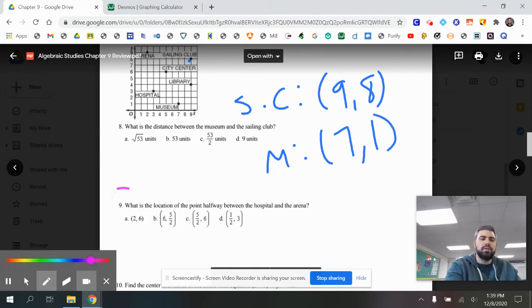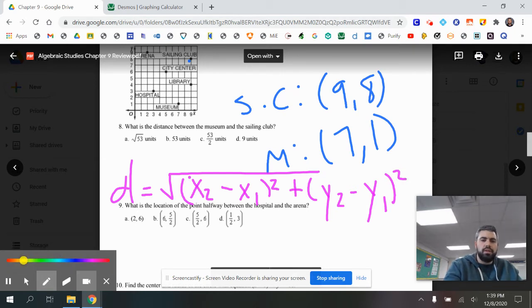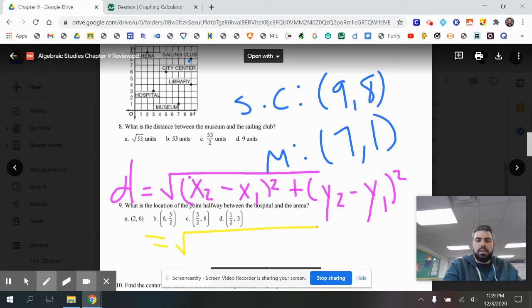Again, how do you find distances? Well, that's the distance formula. So that's one of those formulas that you probably want to know. Remember, that's the square root of x2 minus x1 quantity squared plus y2 minus y1 quantity squared. Okay, and so we're just going to plug our numbers in. Let's label these x1, y1, and x2, y2. So x2 is 7 minus x1, which is 9, plus, and then we get 1 minus